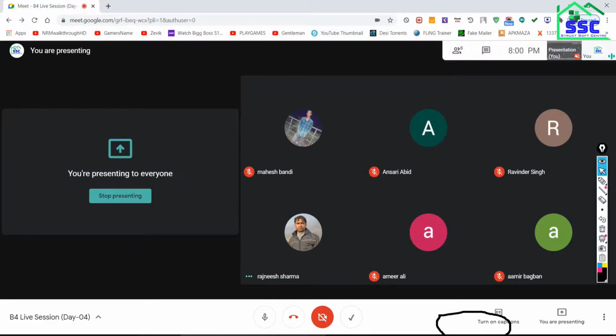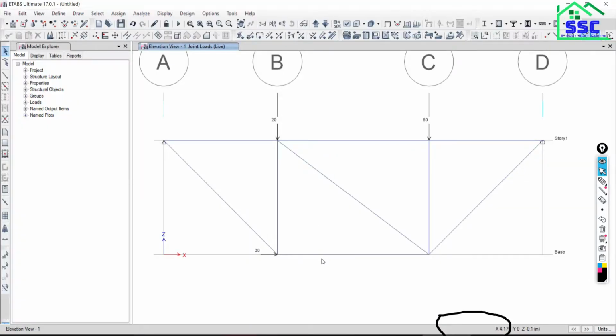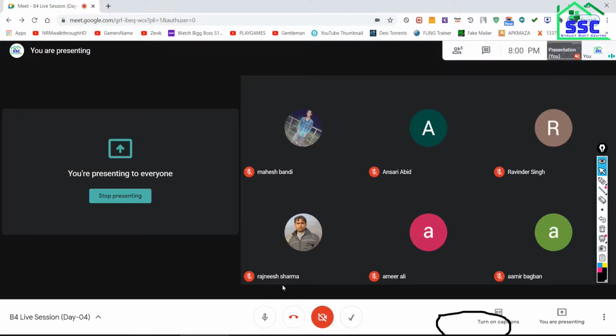See, already each member is a separate member. This is a separate member, this is a separate member, this is a separate member, this is also a separate member. So why is it needed to divide? All these members are separate members. So we don't need to divide. We have already modeled all the members separately. So what actually do we need to do? We need to release the movement at the connections, at the intersection point.